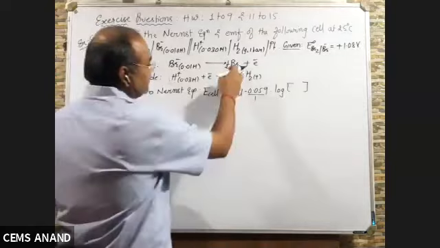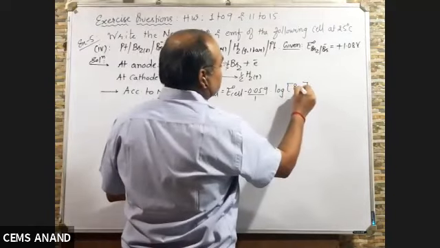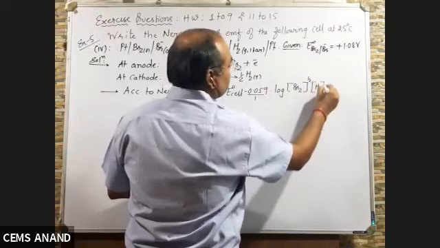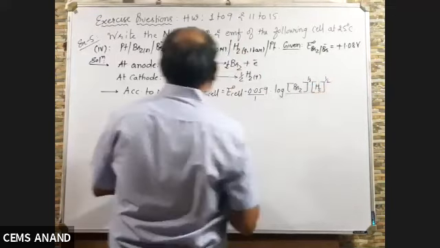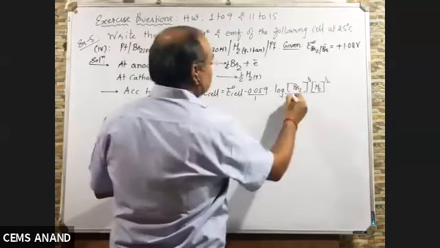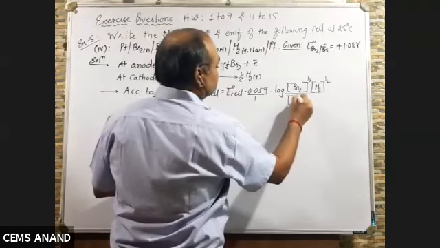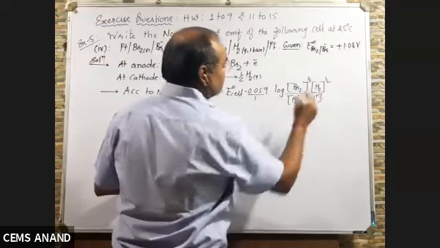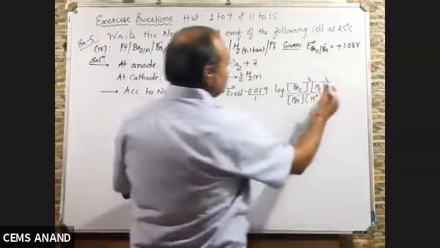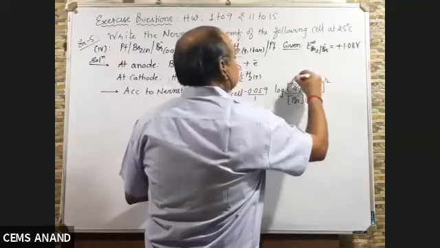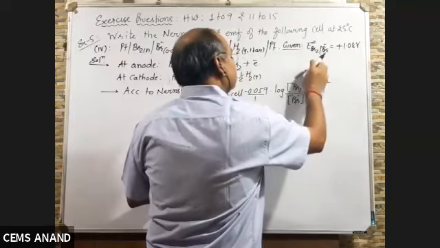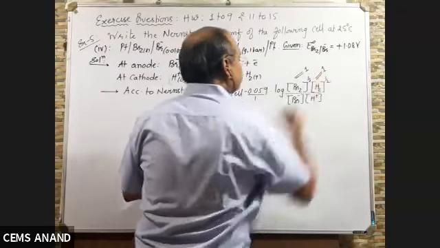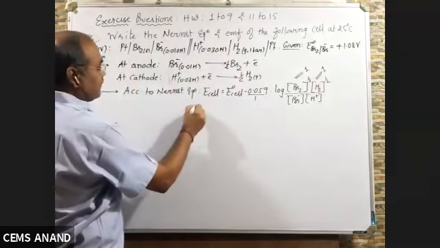What is the product? Br2 raised to half, H2 raised to half, divided by reactants Br minus into H plus. Right? Now, this is a gas, and the liquid concentration is 1. Here also it will be 1 atmosphere. So what will you write here? E cell